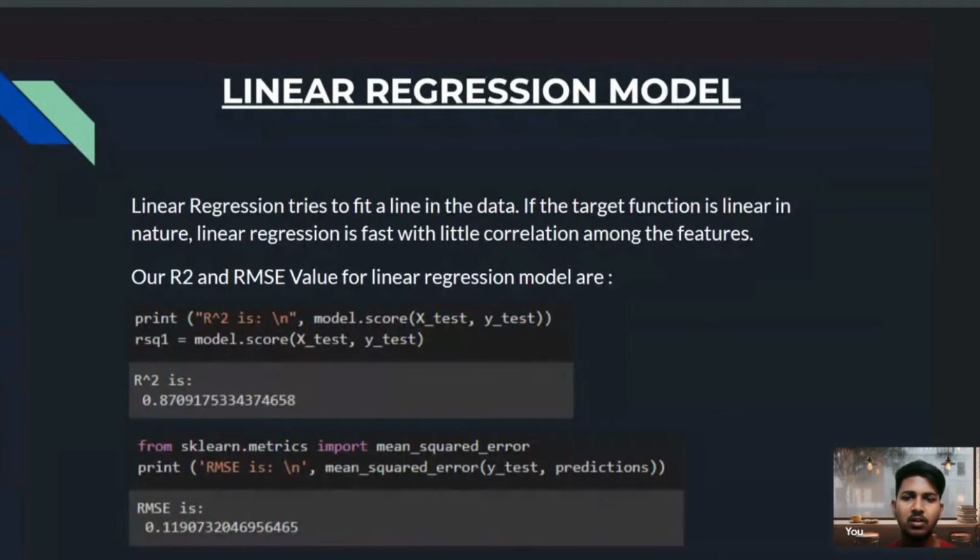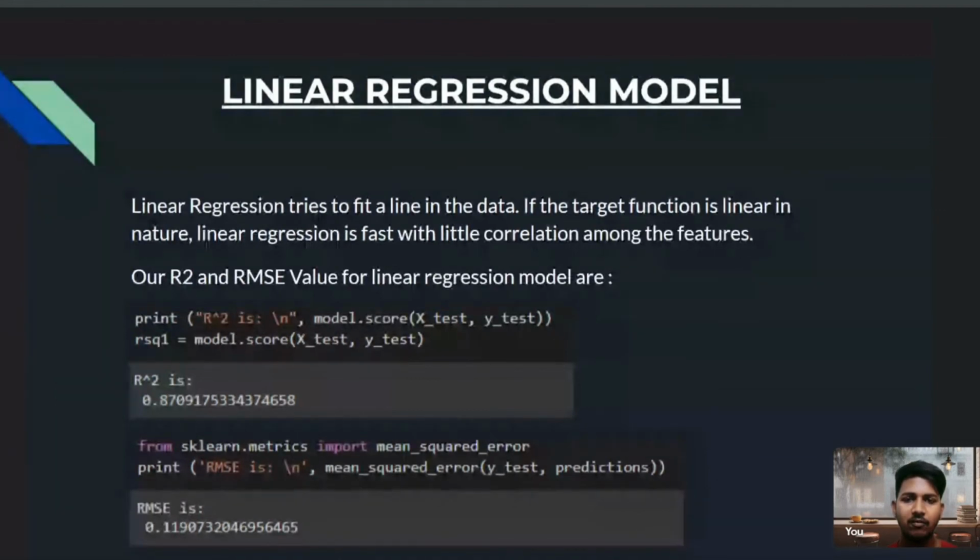So now we obtain only the R square value, which fits the model with a relative measure. So we obtain the RMSE value, which indicates the absolute fit of the model to the data and how close the observed data points are to the model predicted values. And the value of RMSE is coming like